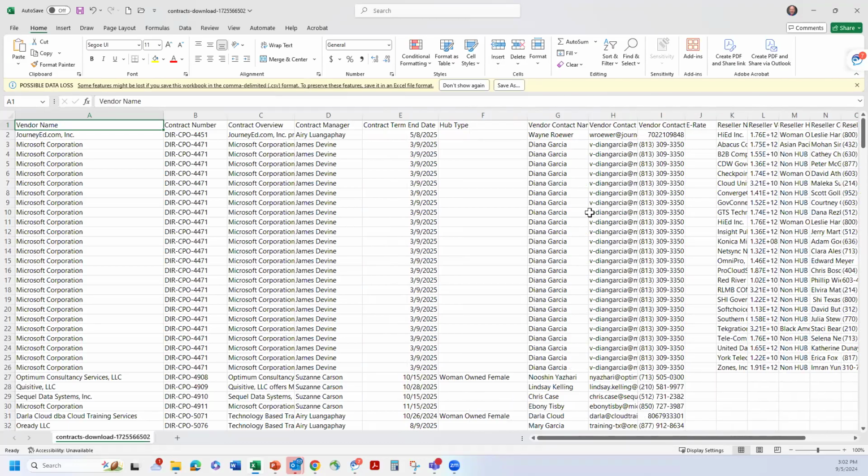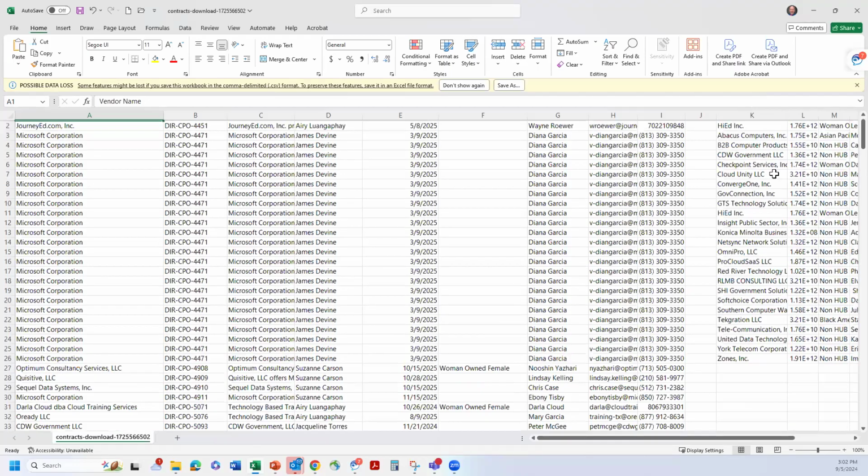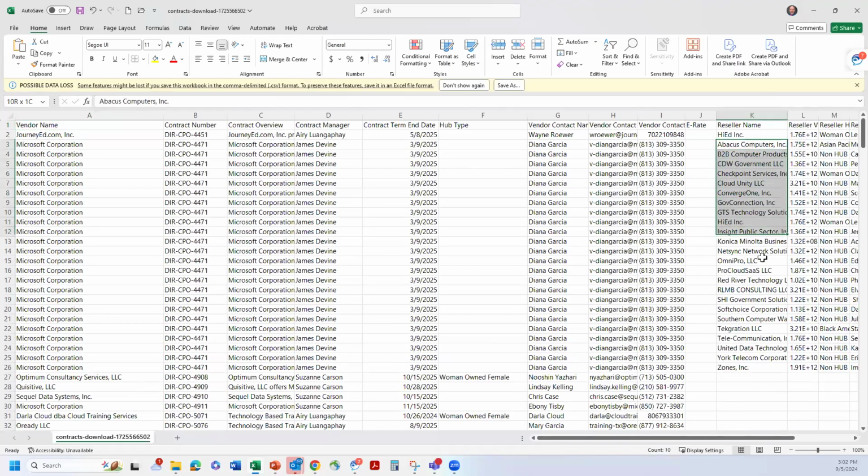Now, you'll see here that on the search criteria, Microsoft Corporation 4471 is listed multiple times. That's because over here in column K, there are resellers associated with that Microsoft contract. So you're going to want to reach out to the resellers that are associated with Microsoft to get any pricing.